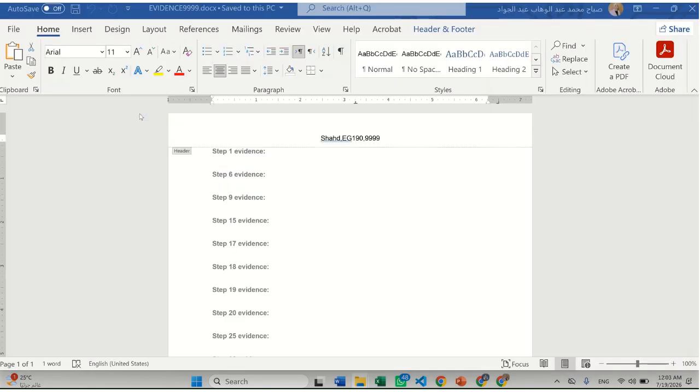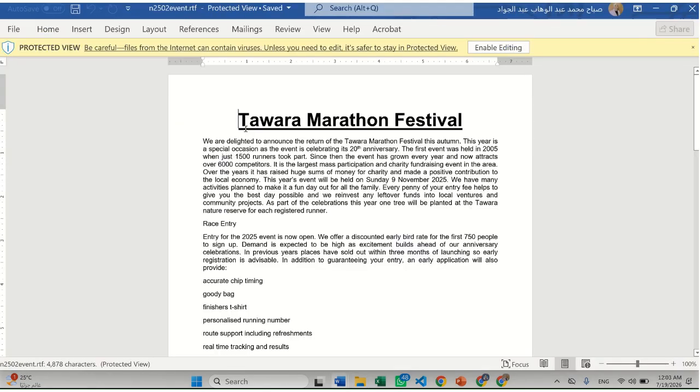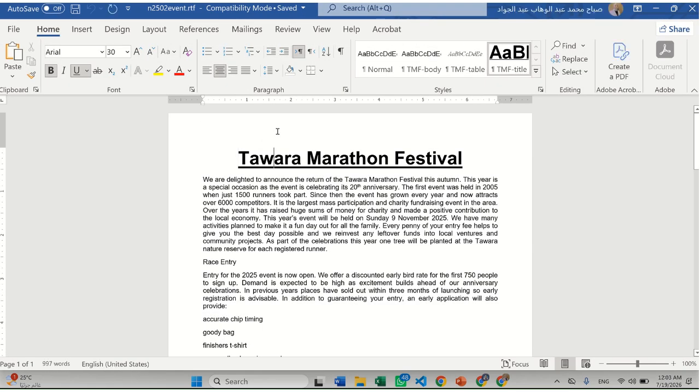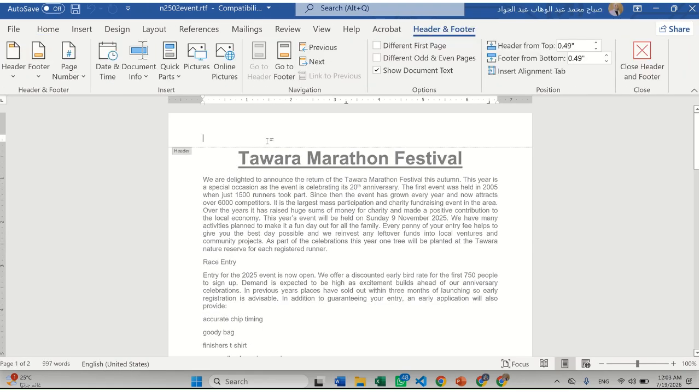So I will open it, and as we said, I will write here your name and your candidate number, your center number, then your candidate number. Okay, and make it center